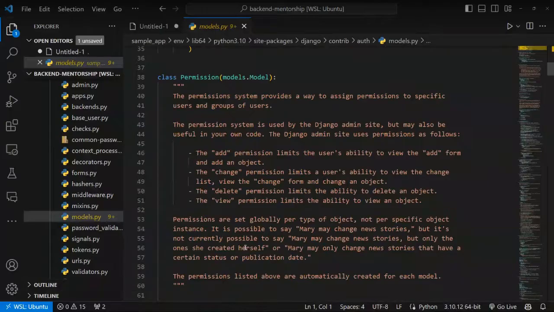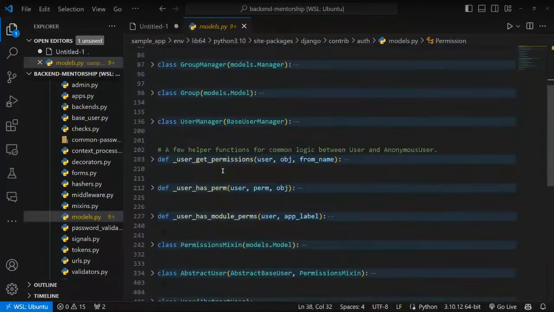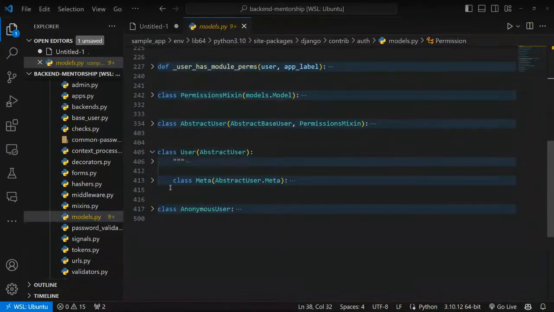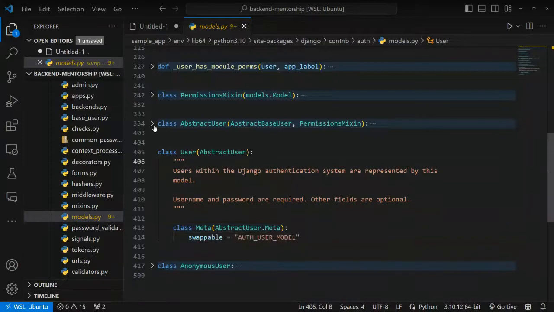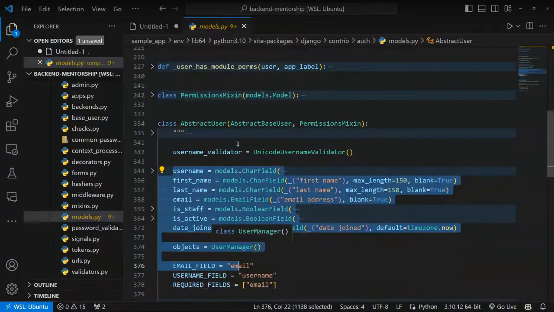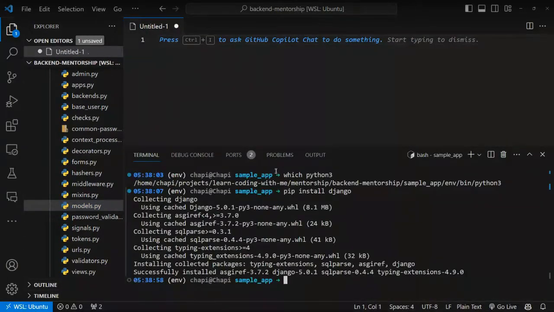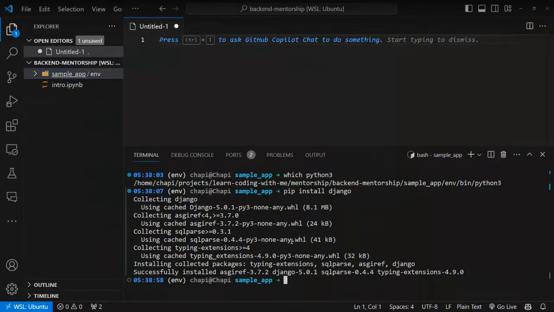If you have used the user in Django source code, abstract user, Django user model, this is literally the Django user model. The abstract user has fields like this. This kind of thing, don't be afraid of exploring. So now we activate